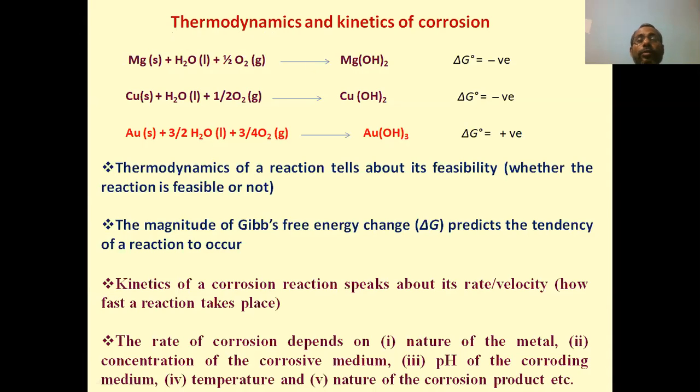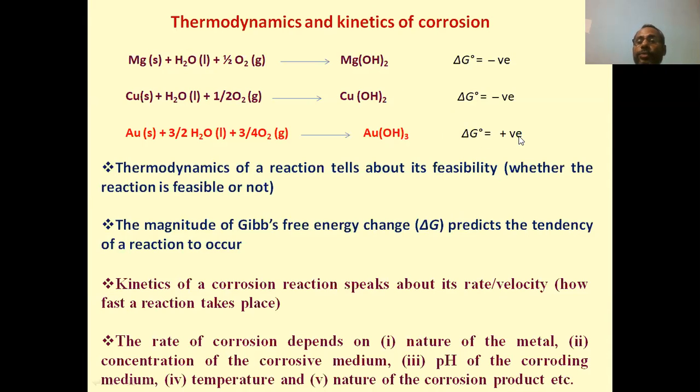Right? What is that thermodynamic parameter? That is nothing but the change in the free energy. Normally in chemistry we call it Gibbs free energy, right? The free energy change is a parameter that can speak about the feasibility or possibility of a reaction, right? Generally, if the free energy change del G value is negative, it is feasible or possible. So if you look into this reaction, these two reactions have a negative del G value. That's why these are possible reactions.